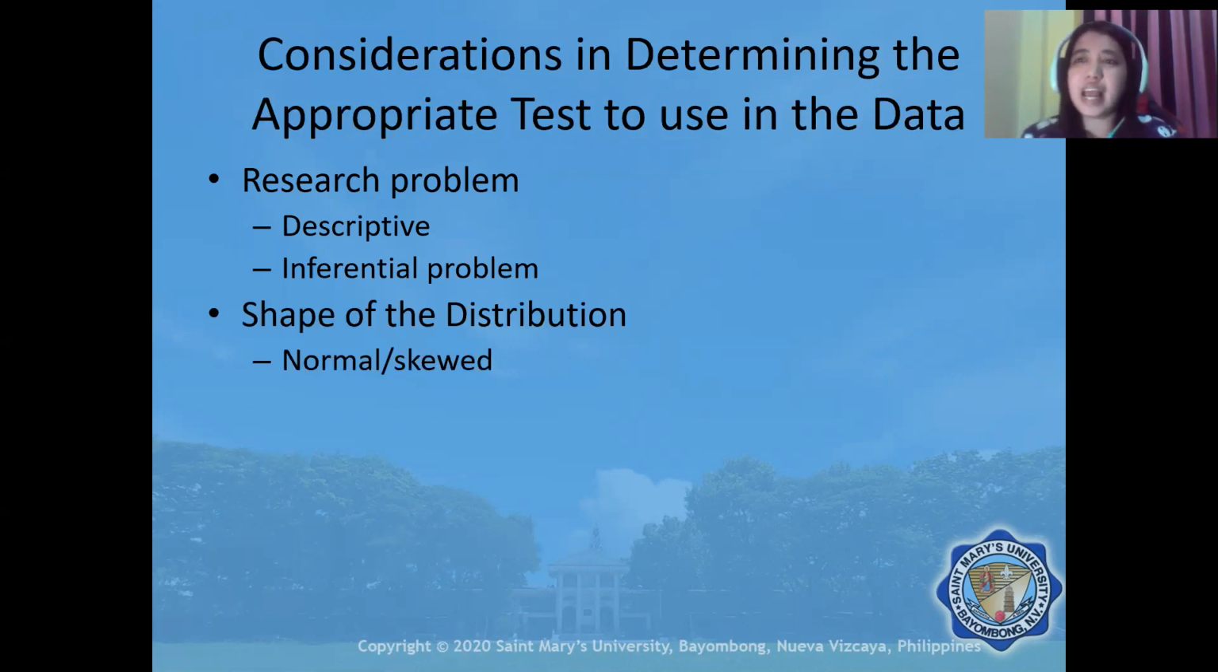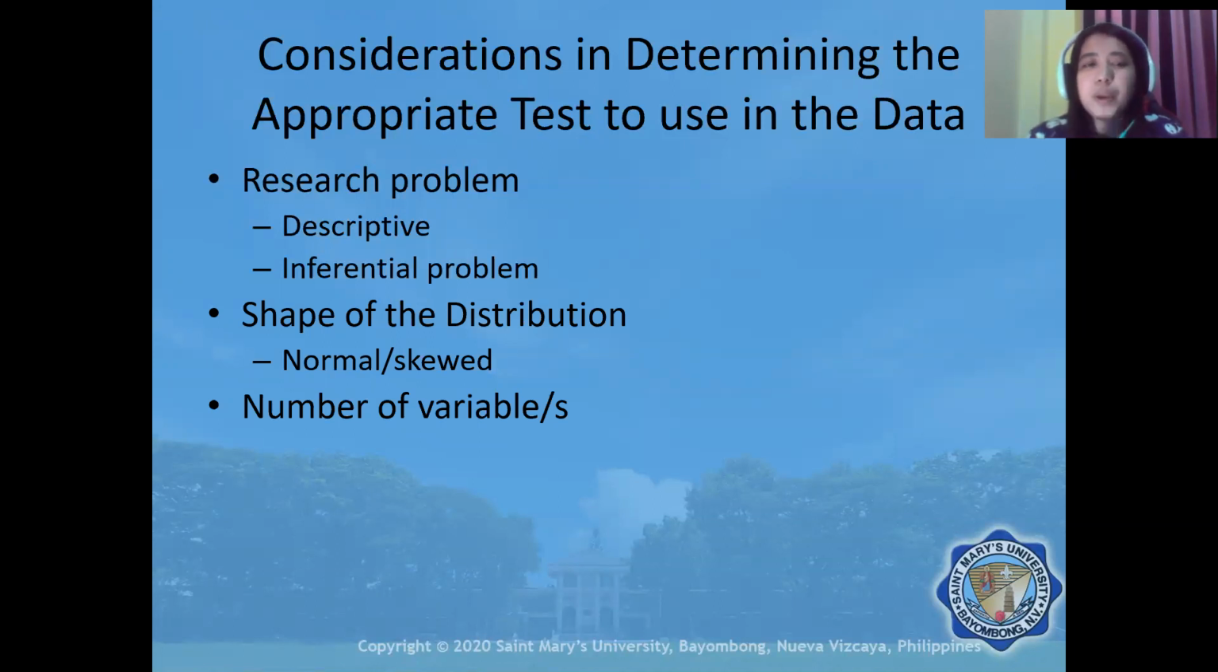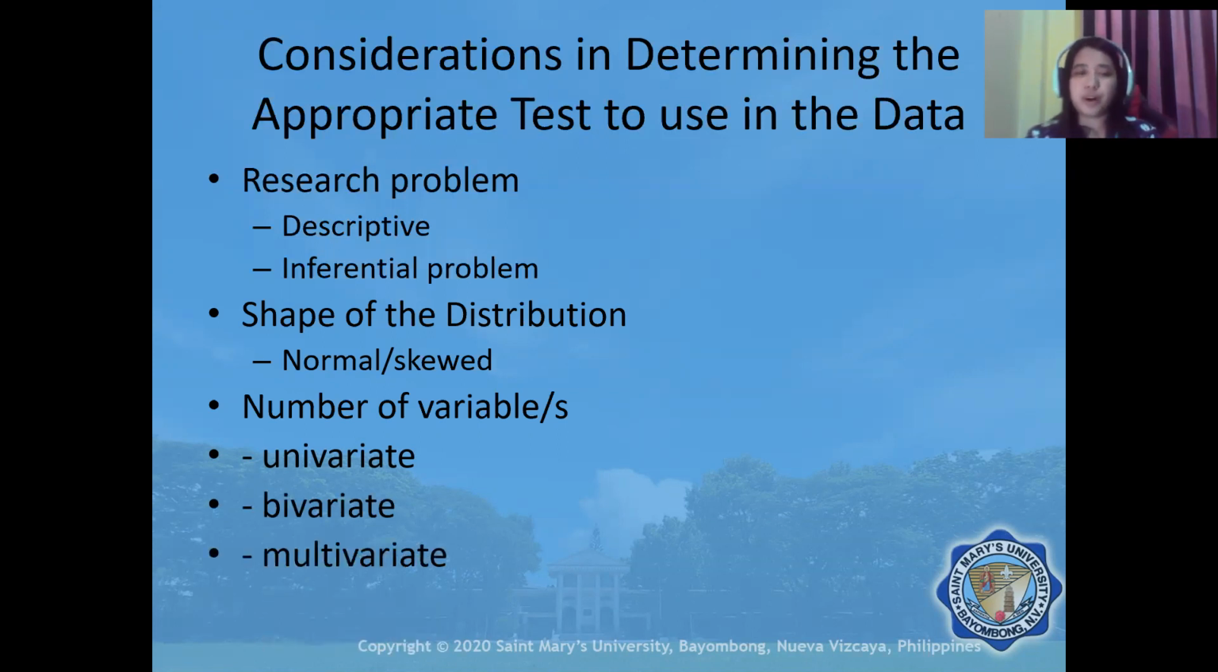And then next, aside from the problem, what is also the shape of the distribution? Is it normal or is it skewed? And then, how many variables are involved in the study? Is it only one, so it's univariate, two variables, bivariate, or three or more, it is multivariate. So for us to determine what appropriate test to use, these are the important things that we need to